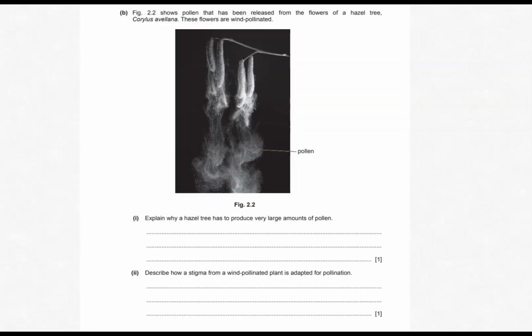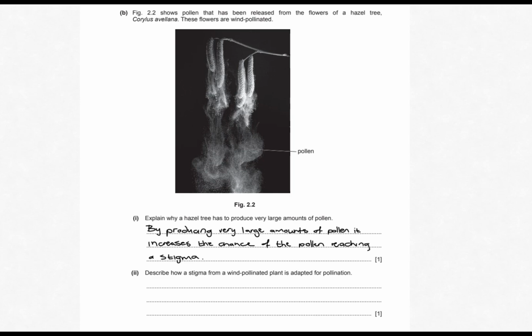So now we can answer the questions that follow. So the first question asks to explain why a hazel tree has to produce very large amounts of pollen. So we know that by producing very large amounts of pollen, it increases the chance of the pollen reaching a stigma. The second question asks to describe how a stigma from a wind-pollinated plant is adapted for pollination. So the wind-pollinated stigma would be large and feathery. It will also hang outside of the plant or outside of the flower to be able to capture that pollen